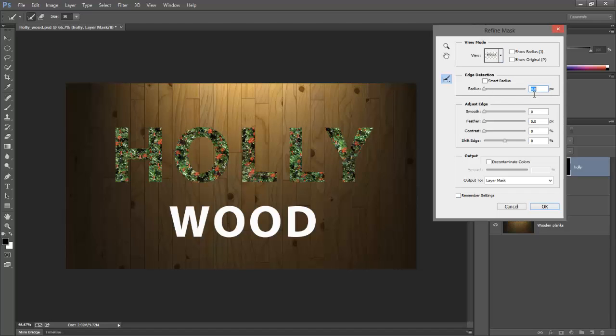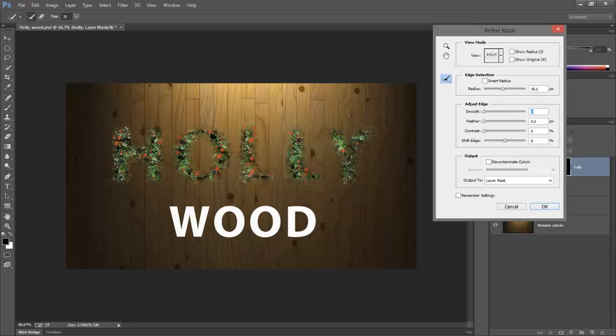Now this is quite a reasonable resolution image, so we probably need to raise this up a fair bit, so just keep raising it like so, and you'll see that we're starting to get the holly growing on the outside, and it's just worth playing with the amount that we actually want in here. It's a little bit fiddly, and I think we're there. When we're happy with that, just press the tab key, and